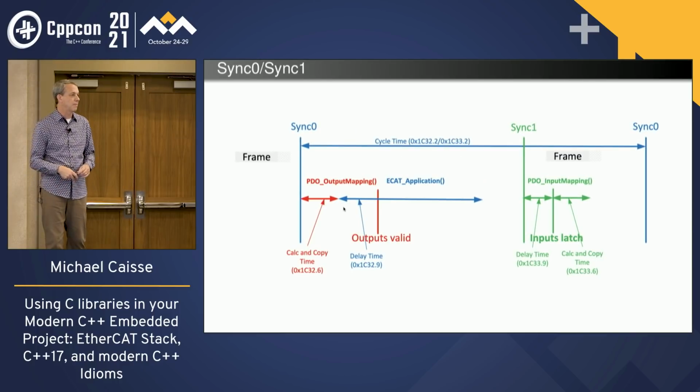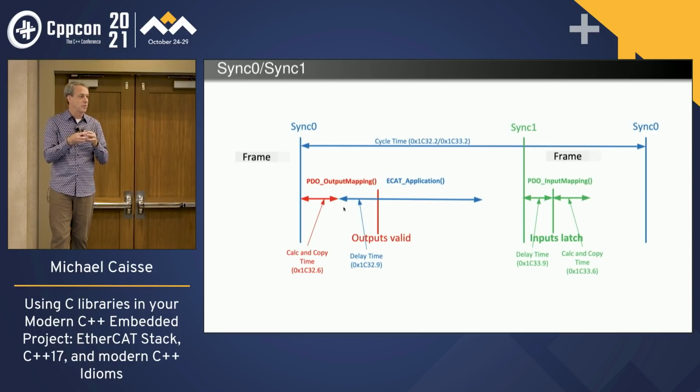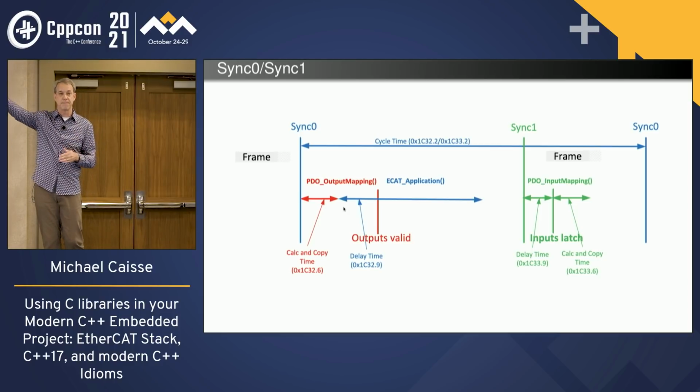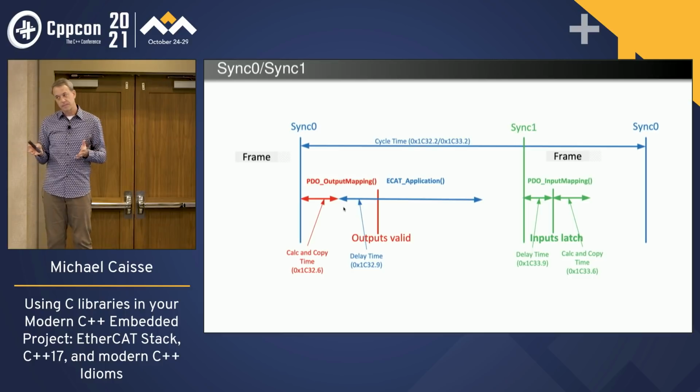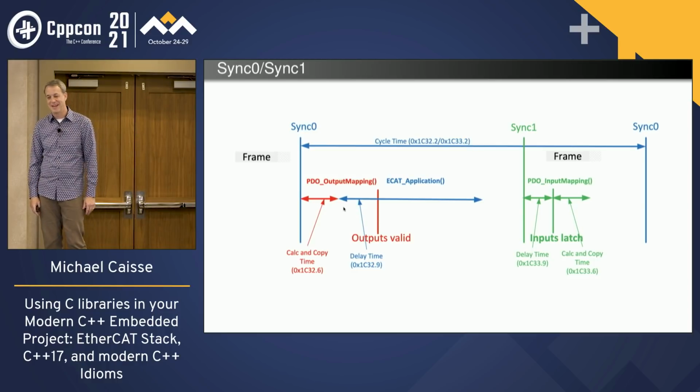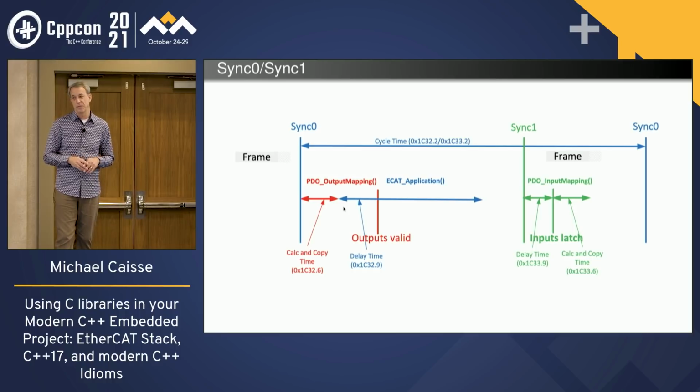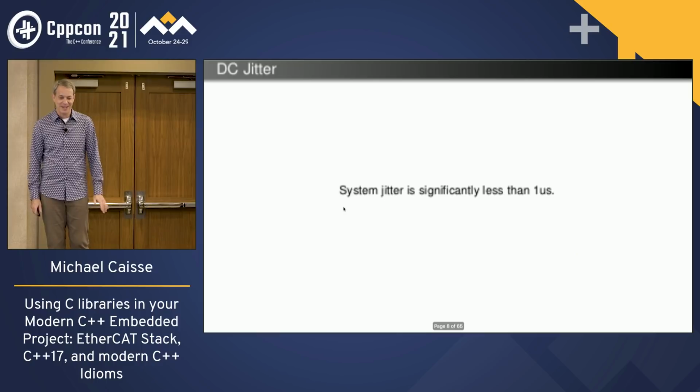There's another slightly more complicated setup in which you can have synchronization that occurs on the inputs, as well as the synchronization of when to sample data that you might be sending back to the master. And that's what that sync 1 signal is. So we're not going to get much more into EtherCAT. The technology is very cool, I think. I've been on the outskirts and using it in and out for about 3 years now. And this year I ended up with a project where I had to really dig into it and actually use it for realsies, not just as a user.